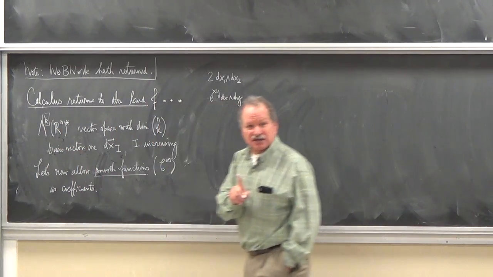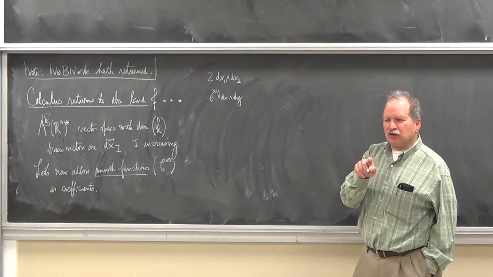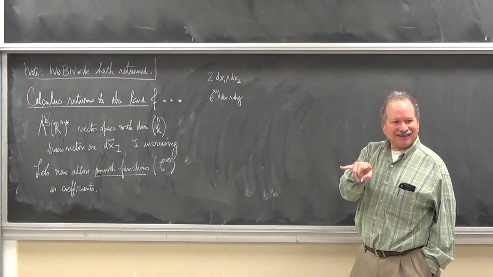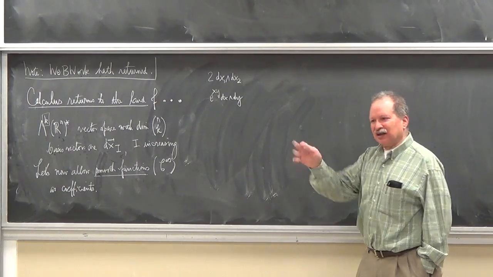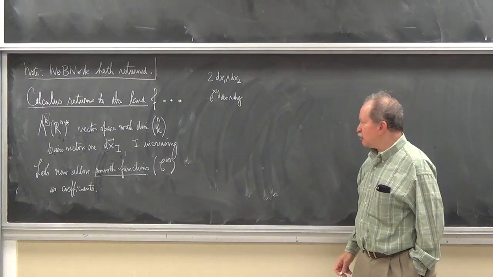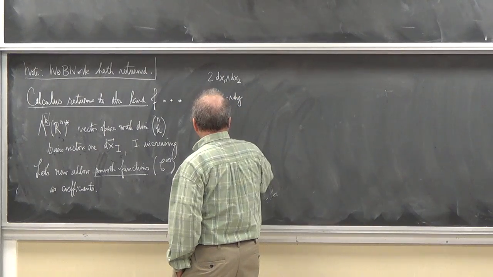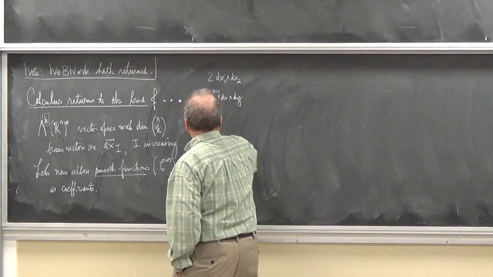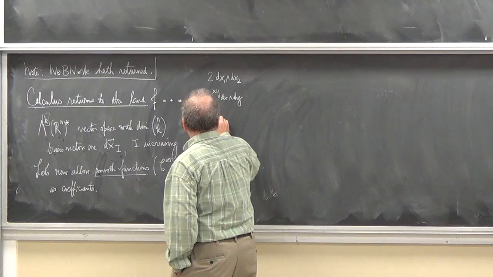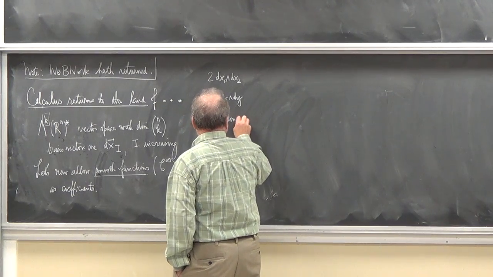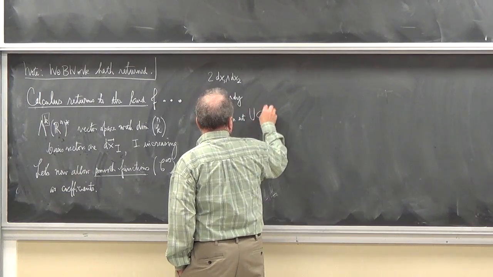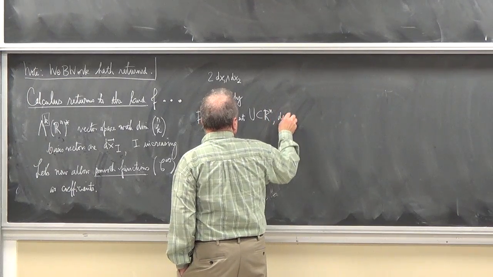However, what did we learn yesterday? We learned that you could multiply with wedge and take k and l and get k plus l. But the n has to be the same. So the notation I'm going to use is, for any open set, for now anyway, U in Rn, denote by